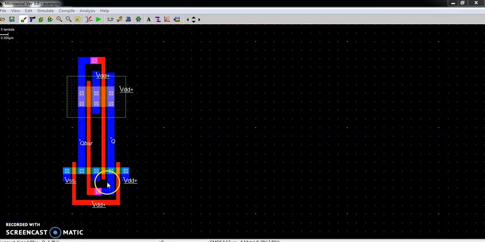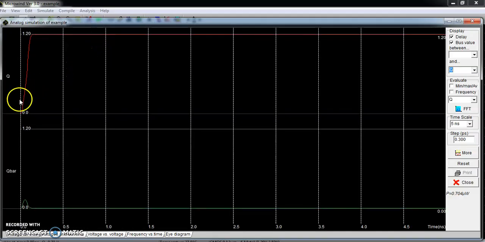If writing of 1 in this memory is successful, we will get 1 at Q and 0 at Q bar. Let us simulate the design and you can see that Q is 1 and Q bar is 0, means writing a 1 is successful.